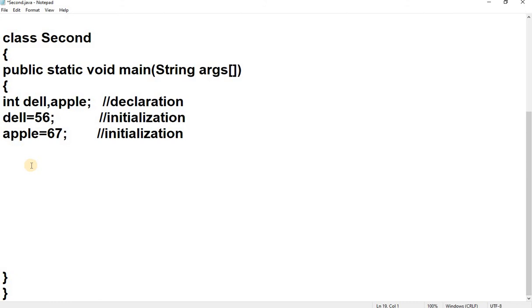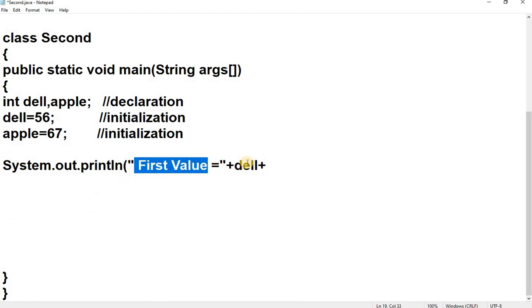When you enter this, you just want to see the output now. System dot out dot what do you write? Print or println. Then I write here first value slash n for what? New line. Now no need because I use println there. First value equal plus, this will be del. Plus is a concatenation operator which will concatenate with your comment line. So this is a line which is displayed in output, it is concatenating with your variable location.